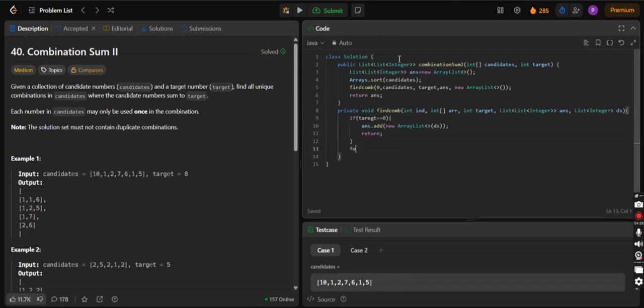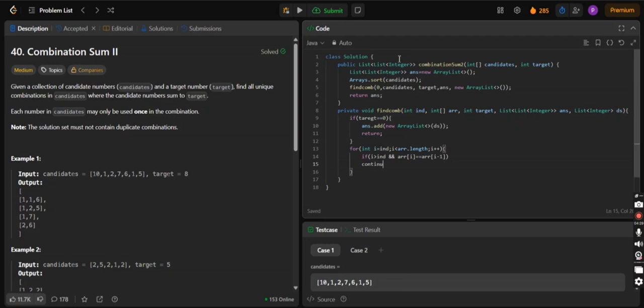Then we iterate with i equal to index till i is less than arr.length. We check the condition if i is greater than index and arr[i] equals arr[i-1], to remove duplicate combinations that can be made.